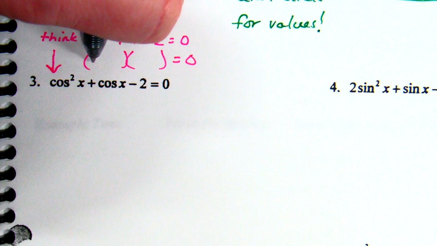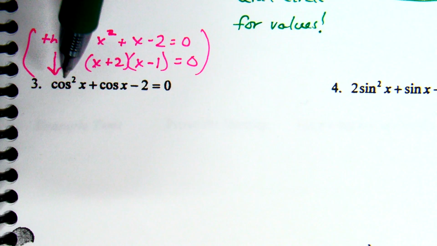We need the angles. When does cosine equal negative 2? When does cosine equal 1? Two pi, but what's the smaller name for 2 pi? 0. Okay, so I'll be looking for the number 0 here. So in this one, x equals 0, as in 0 degrees or 0 radians. You'll notice we're pretty much working in radians here. Okay, we could also say 2 pi, 4 pi, 6 pi, but